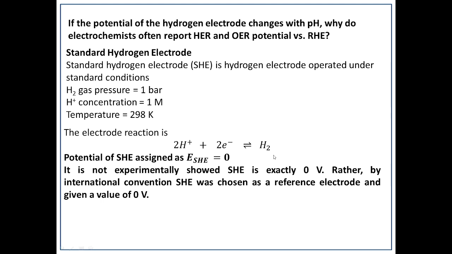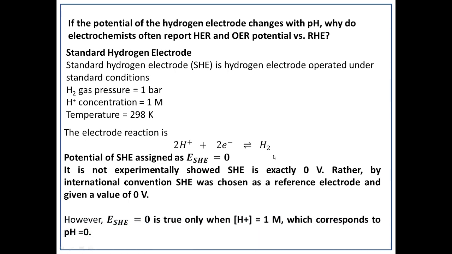Notice the word assigned: it is not experimentally shown to be exactly 0 volt, rather it is assigned as 0. However, the potential of the standard hydrogen electrode is 0